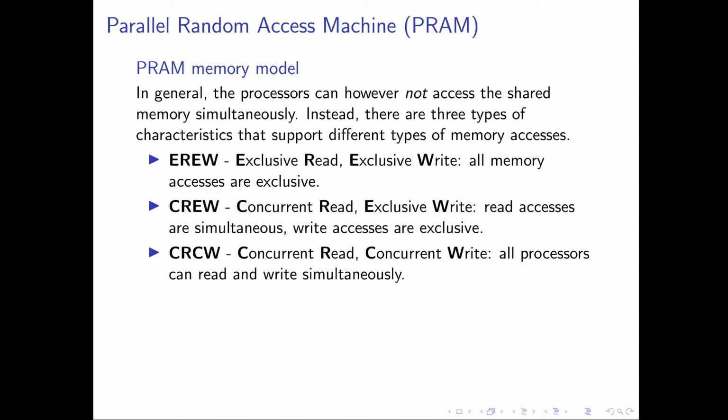So the next simpler model is the CREW model, and the CREW model actually allows for concurrent reads. And our writes are still exclusive, so the programmer has to make sure that processors write to an exclusive memory address. And then there's the CRCW machine model, where processors are allowed to read from and to write to any address